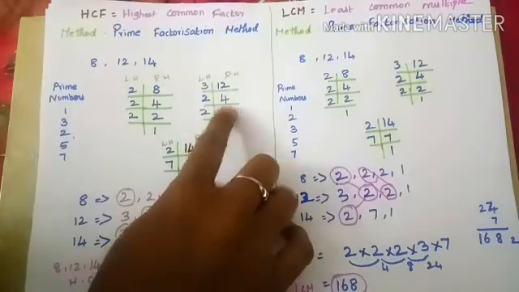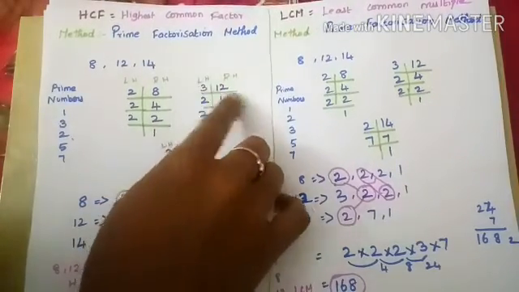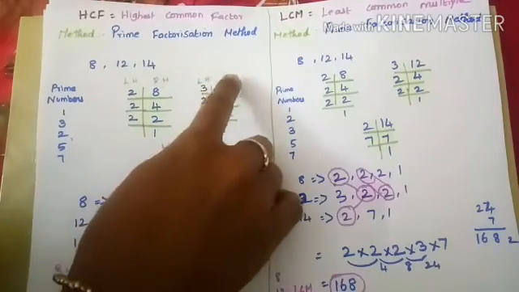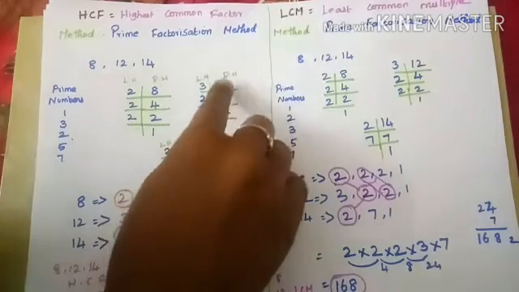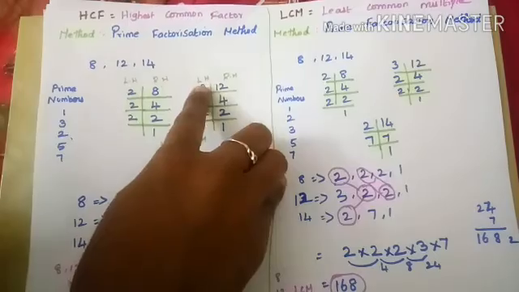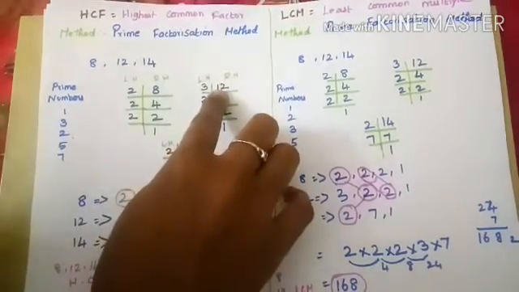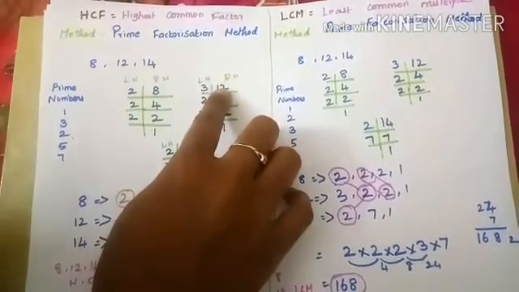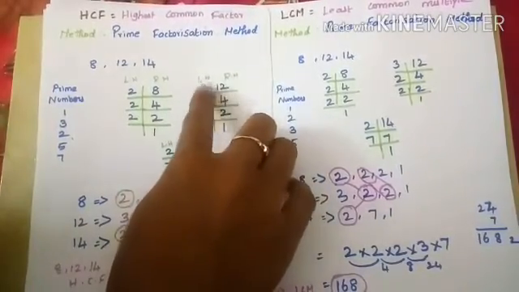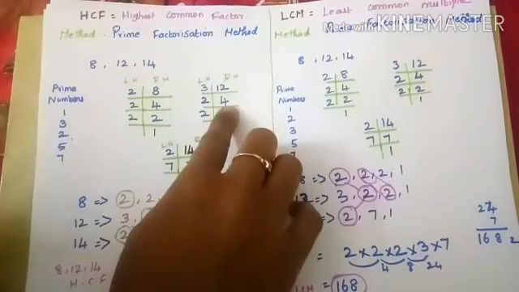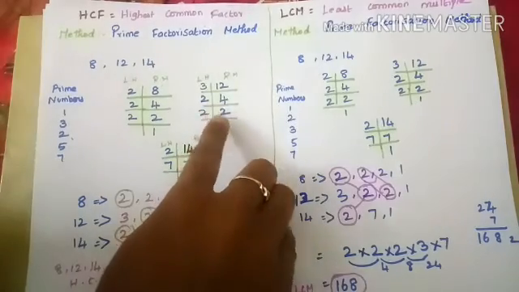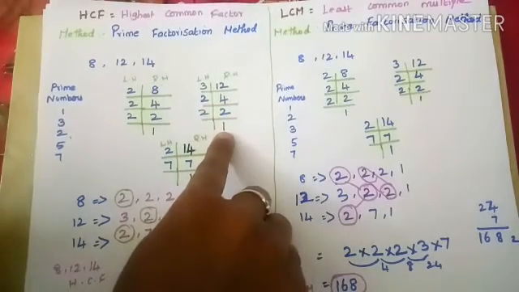So going to the next number, 12, using the same box method, left hand side and right hand side. Left hand side prime numbers, right hand side divided numbers. So 12 is easily divided by the 3 table or the 2 table, whichever table. You can use whatever table, but the number must be divisible in that table. So 12 is easily divided by the 3 table. So 4 3s are 12 and 4 is easily divided by the 2 table. 2 2s are 4 and 2 is easily divided by the 2 table. So 1 2s are 2. Here we get the 1.